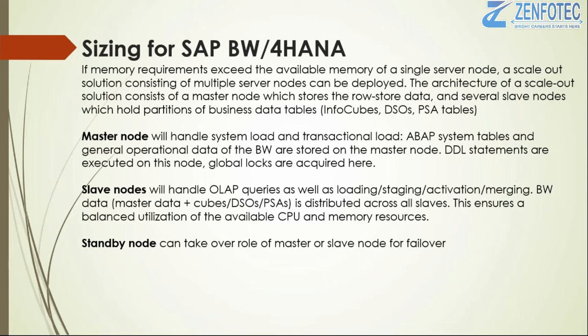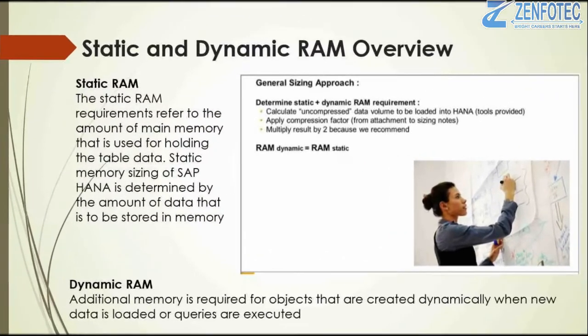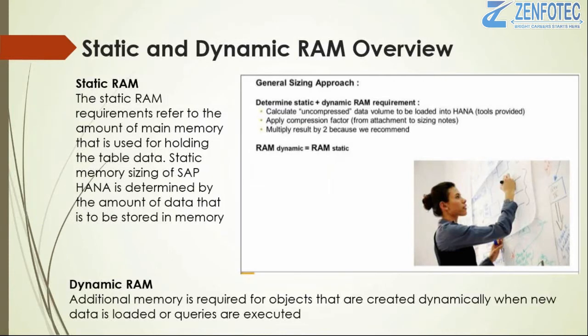Sizing for non-SAP applications: we also have scripts for that. If you download the zip files, in that zip file you will have scripts for DB2, SQL, and Oracle. If you just run those, it will give you the recommendation for the memory. We know that through these scripts we can find out everything, memory and all that. So how will you find out the memory requirement manually?